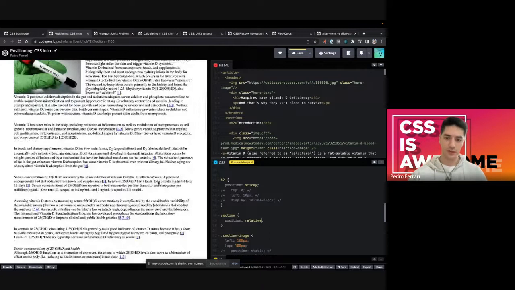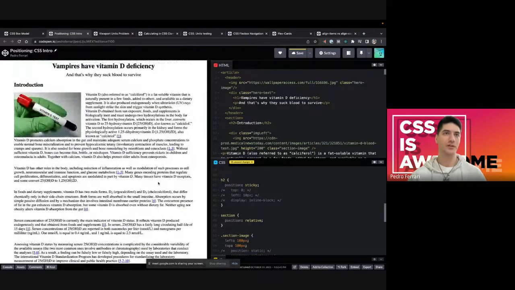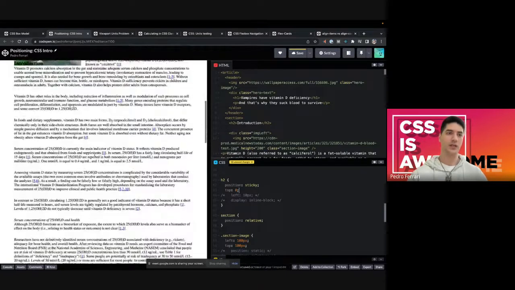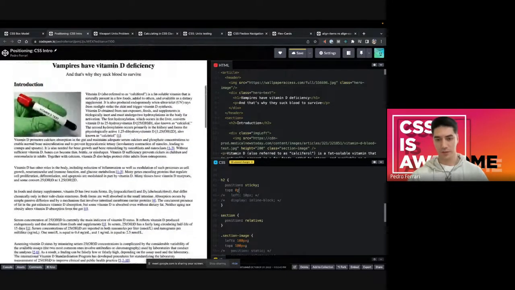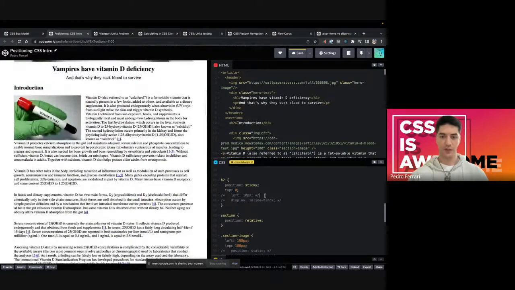Why? Because you just said, I want this to be position sticky, but you didn't say what do I stick it to? So you also need to give that. Usually what we do is top 0, and then yeah, stick to the top. That's nice. But what if we go and say left? And then